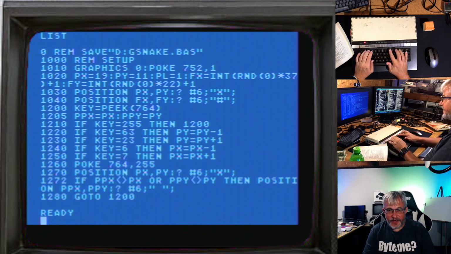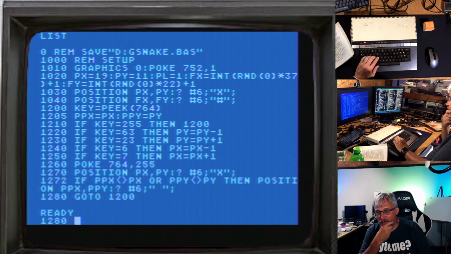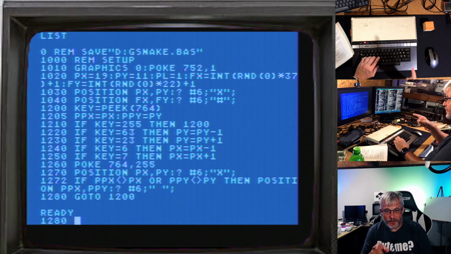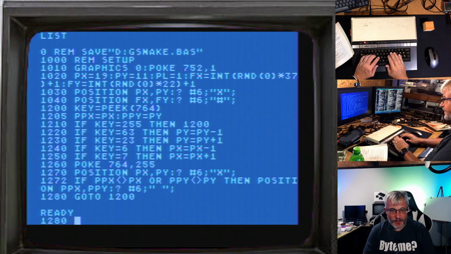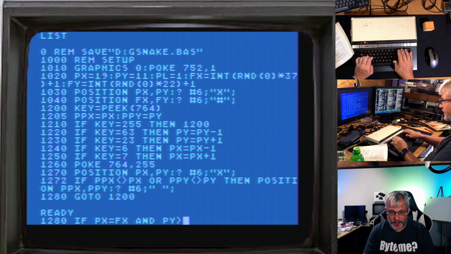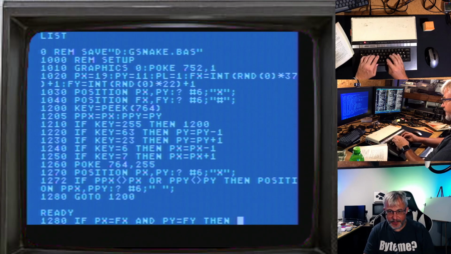So at 1280, we're going to check if we are eating the fruit, because we already positioned the X and it'll be on top of the fruit. If PX equals food X and PY equals food Y, then